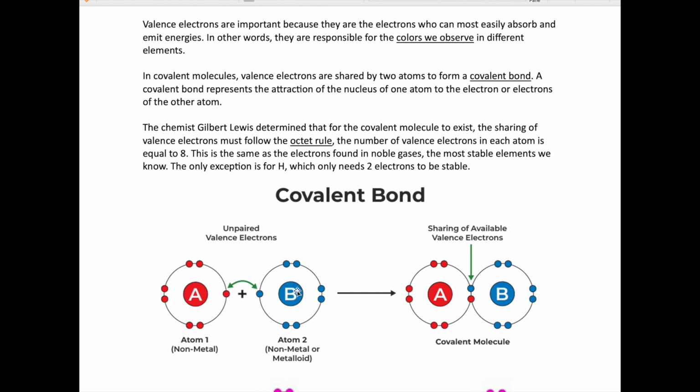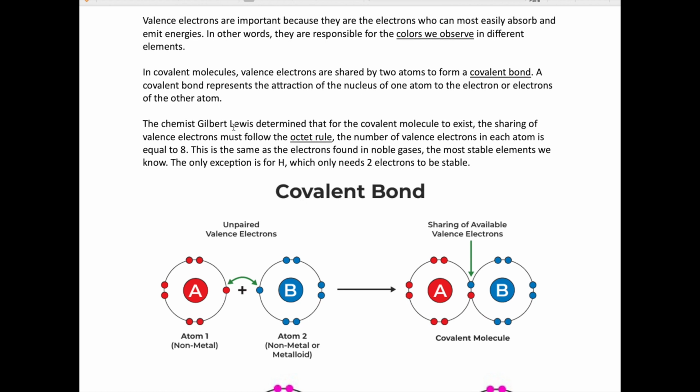And then same thing here, the nucleus in atom B has protons. Those protons are going to be attracted to this electron here. So there is an incentive, therefore, for these two to come closer together to make a stronger interaction. When they come close enough, they form this bond. That bond, which is a sharing of those valence electrons, is what we call a covalent bond. And then the molecule, which is A and B stuck together in that covalent bond, is what we call a